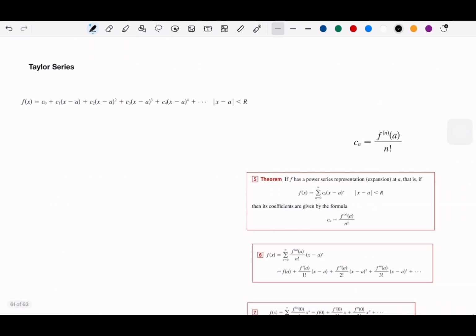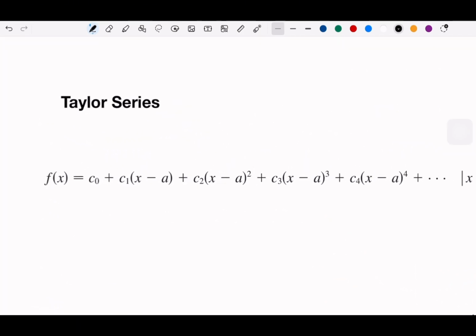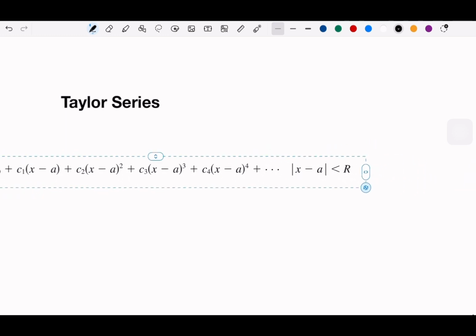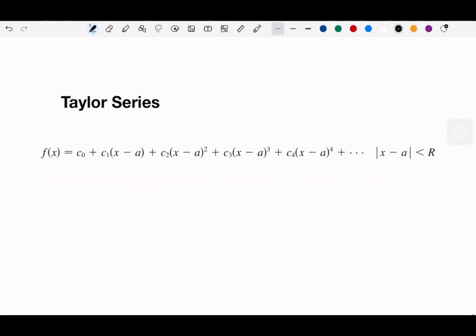So, Taylor series. I will write first the power series that we have done before, which is just a regular f of x, and then we have the center at a. So we say that the absolute value of x minus a is less than r, which is the radius of convergence. So to make it the coefficients, okay,